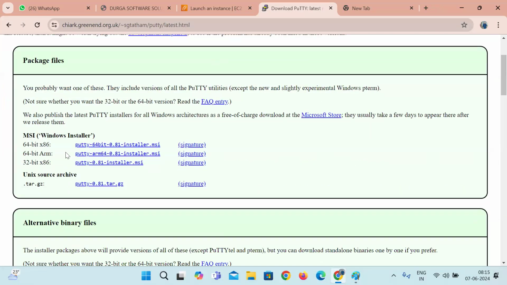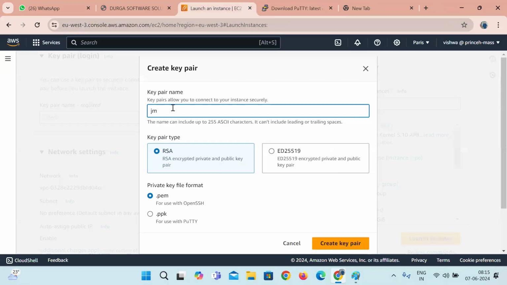Then again, you can download for your operating system, Windows. You can download the first one only, depending upon the operating system architecture. Clear? Then coming back, key pair. Why should I give the key pair? For the first-time login to that EC2 machine, safely. So that's why, since I'm connecting through Putty,